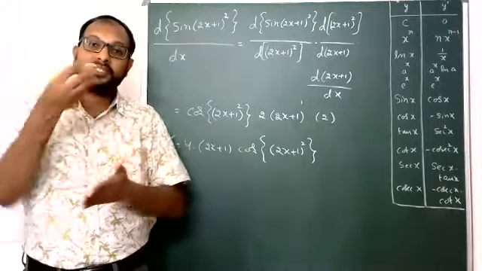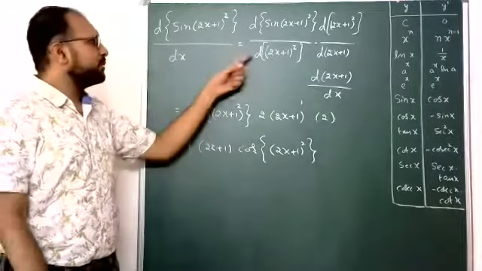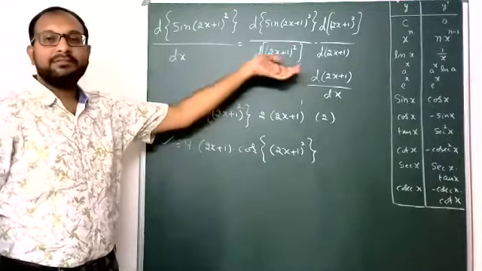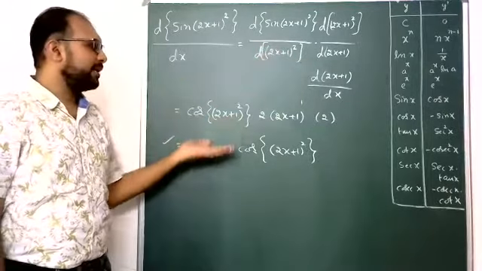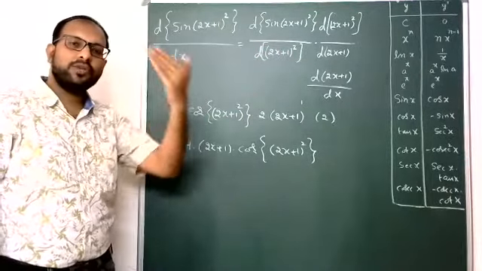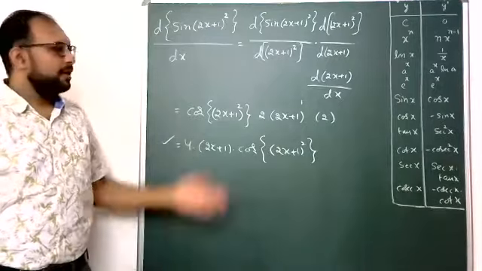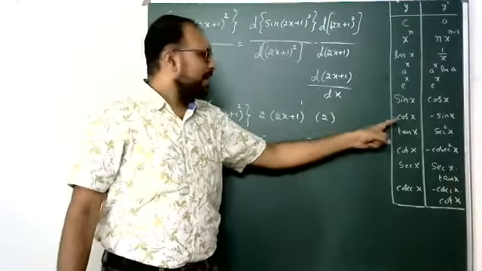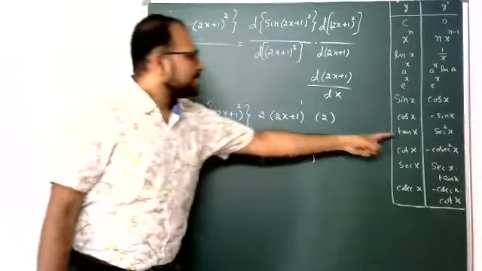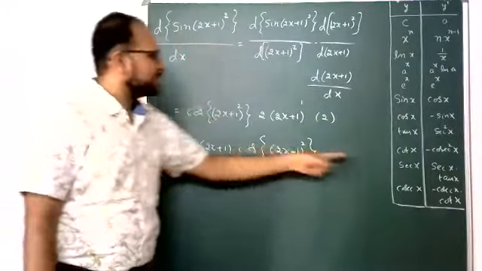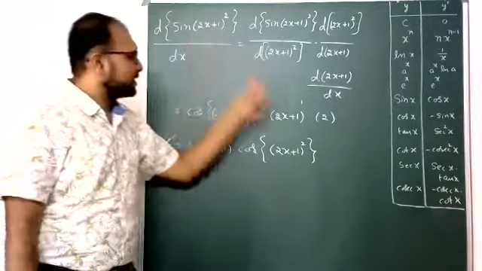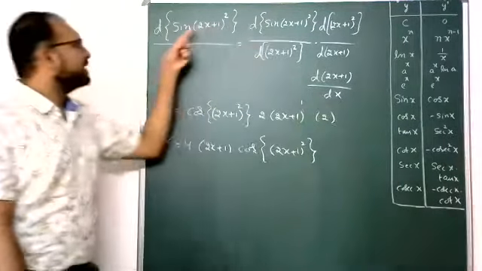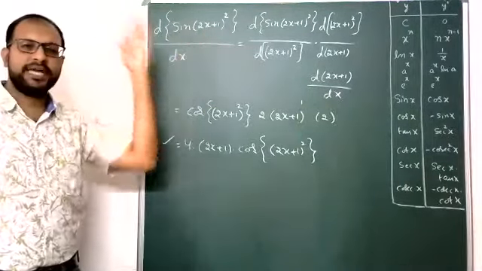But now sine of some function again. That's why I used the chain rule. Here 3 links were required, that's why I used 3 links. Some problems require more than 3 also. Like that, students, now do cos of the same function, tan of the same function, cot of the same function, secant and cosecant of also the same function. You please try once the class is completed.